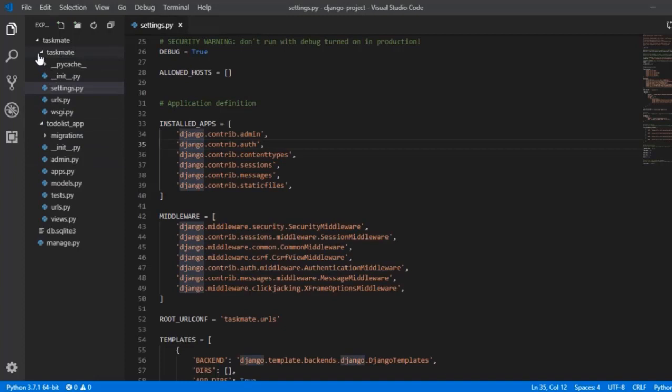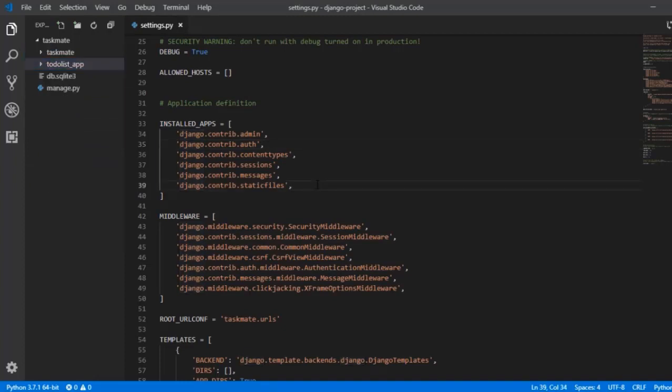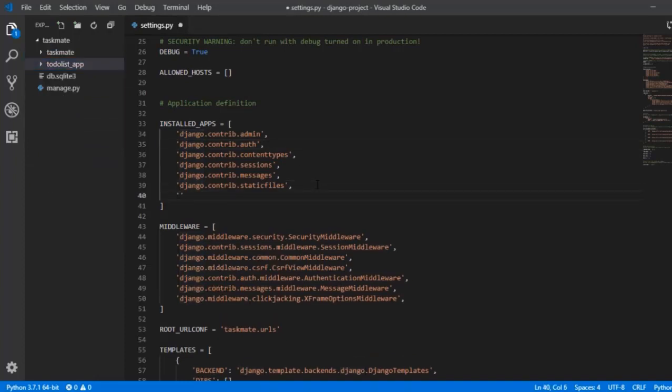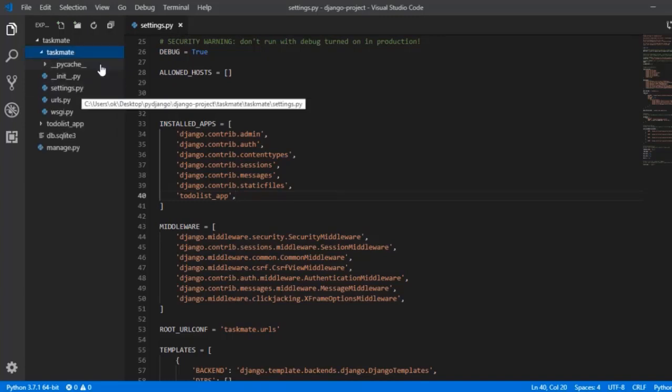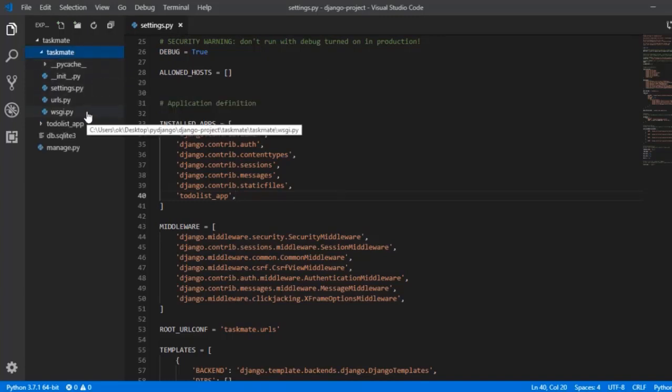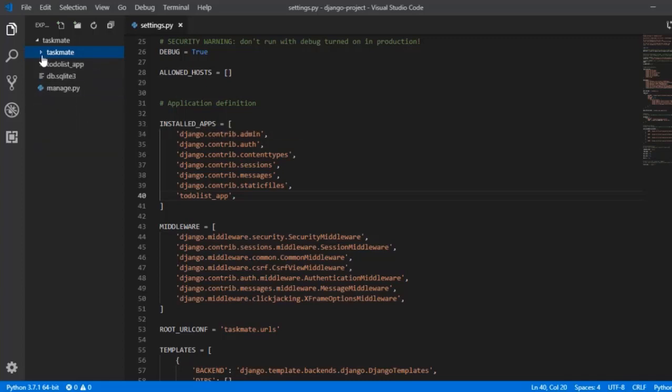But whenever you create an app, remember to add it inside your settings.py. Remember, if you are not going to add this application inside settings.py, our Django project is not going to recognize this particular file itself. So we have to mention it in our installed apps in our settings.py. So settings and all the other files for our production and deployment are inside our project app folder, and this is our first app, that is our first section.